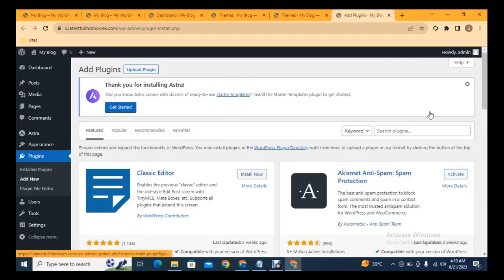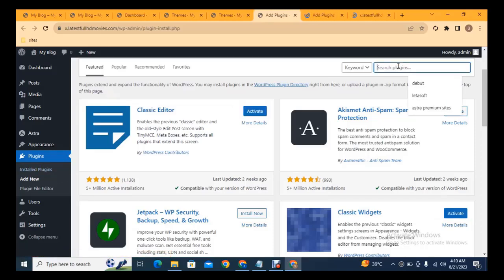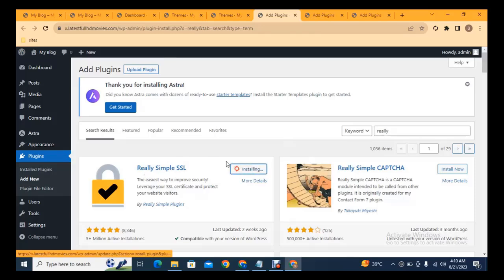After that, here you can see I want to install this plugin, classic editor, classic widgets, and after that I want to install some more plugins. Really Simple SSL. So this is a plugin that can install SSL in your website, and you can increase your website security, but I already have SSL. You can see this is a site lock, so that means my website is secure. After that, you can add this one,